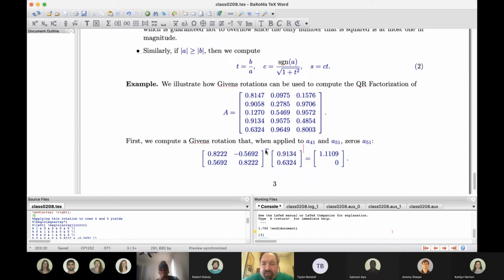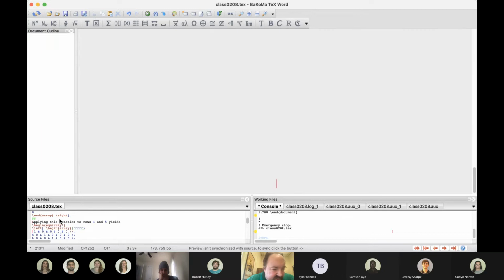So once I figure that out, I have to apply this same rotation to these 2 entries and these 2 and these 2, because you're rotating the entire rows. So these entries will change according to this. These entries will be changed too, which will affect upcoming operations. So when I apply this rotation,